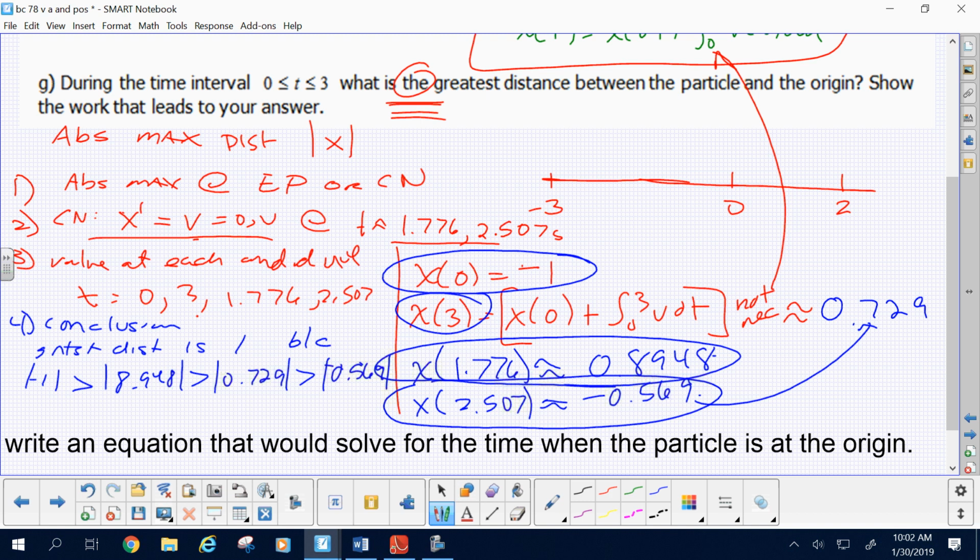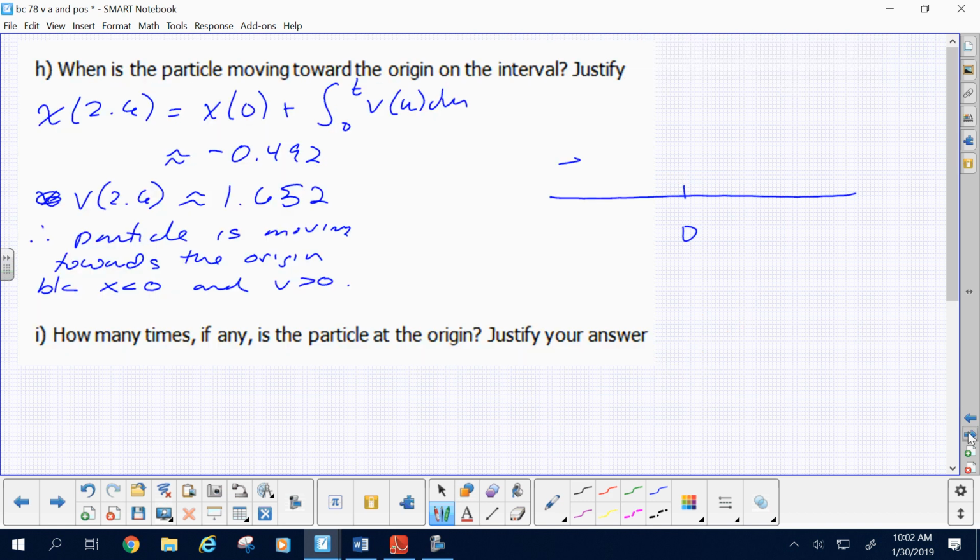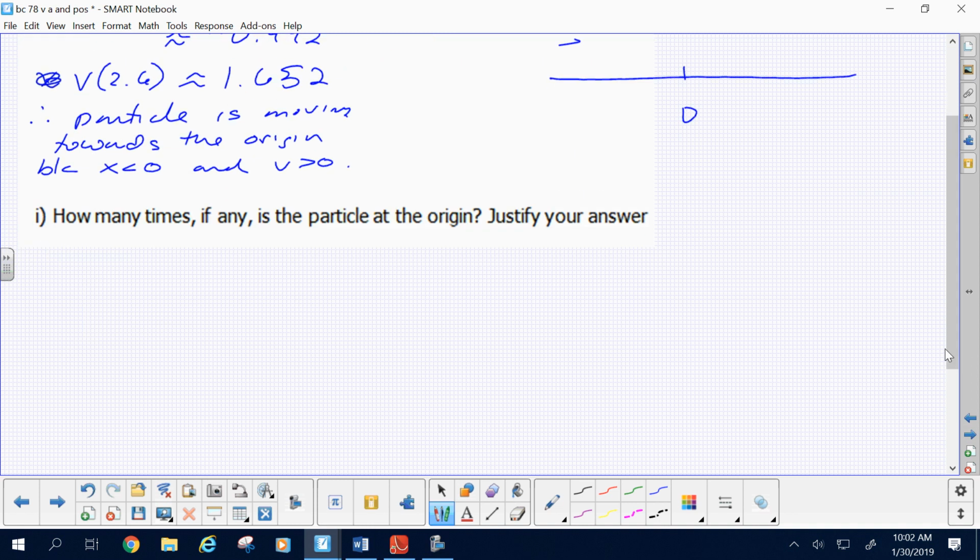Now, if you did this in a college class, they'd be very picky about this because they would be reading for very specific words. You would have to say from time 0 to time 1.776, the particle moved monotonically, which is to say one direction only, which is why you can say it went through 0 exactly once, not at least once, exactly once, and then exactly once. Let's talk about how to say this well then. You would say,